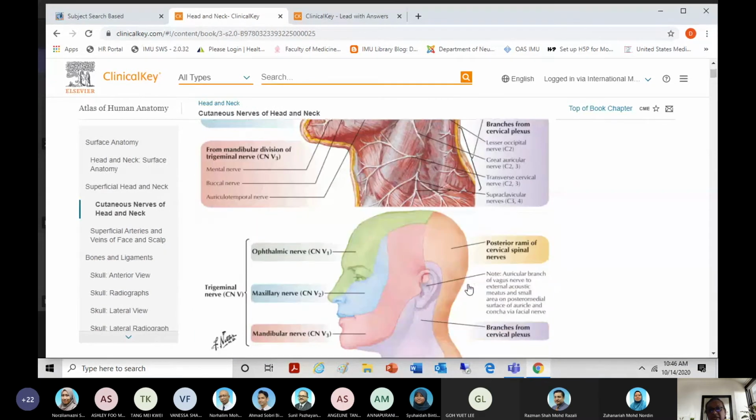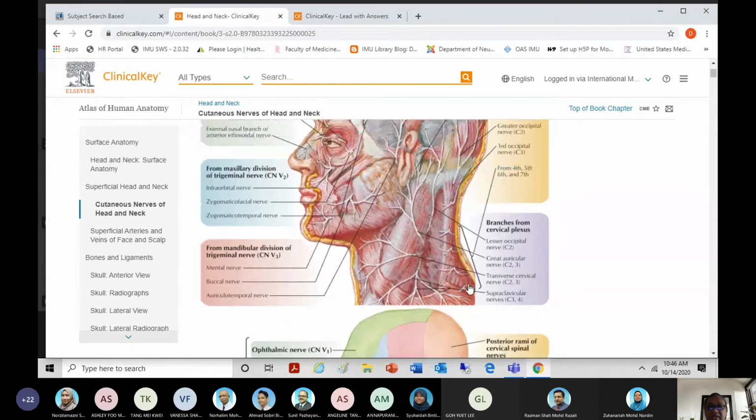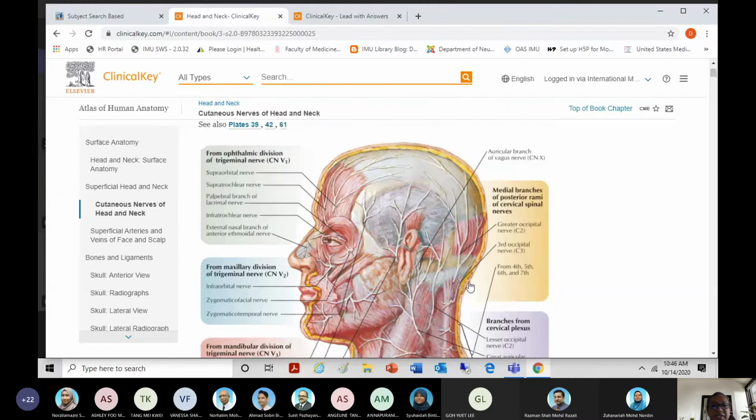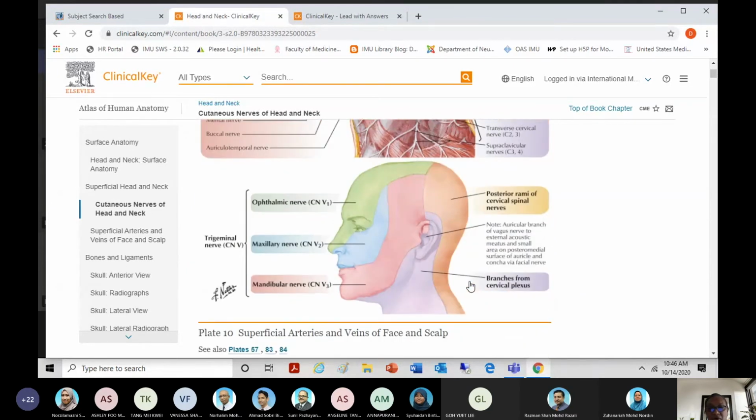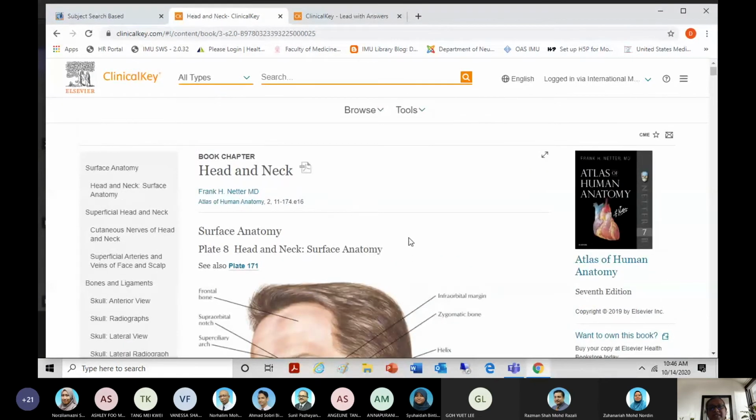As I told you, this Netter's Atlas has been used by dentistry, by pharmacy, by other branches, because the pictures are of really good quality. So remember that this Netter's Atlas is under Clinical Key. For that, you have to log in via International Medical University, and you can get all the images and learn sitting in your home.